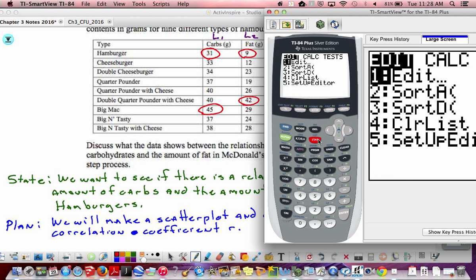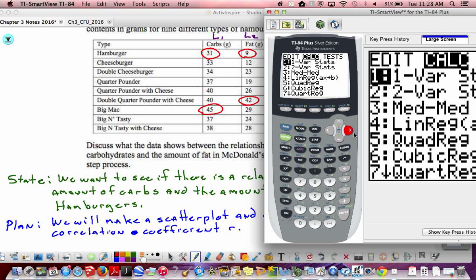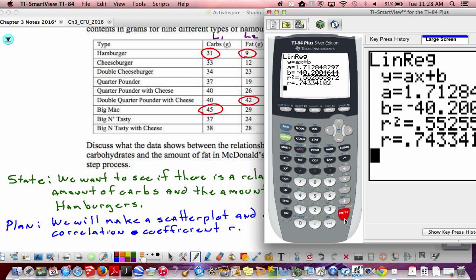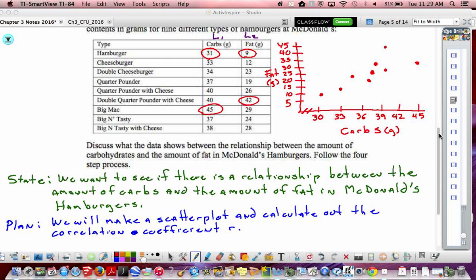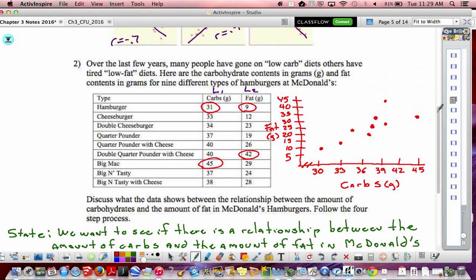So now, stat, calculate, number 4. Do you get 0.7433? Yes. Oh, see, even Mr. Bartz makes mistakes once in a while. Everybody makes mistakes. Just learning how to deal with them and move on. So our R,